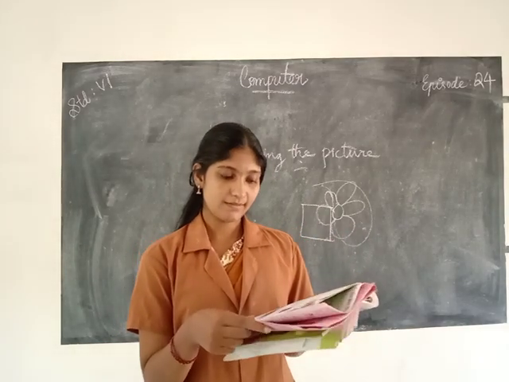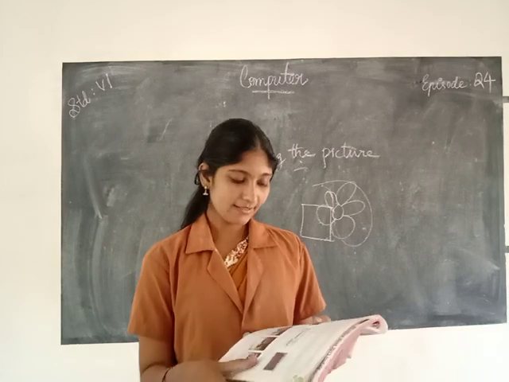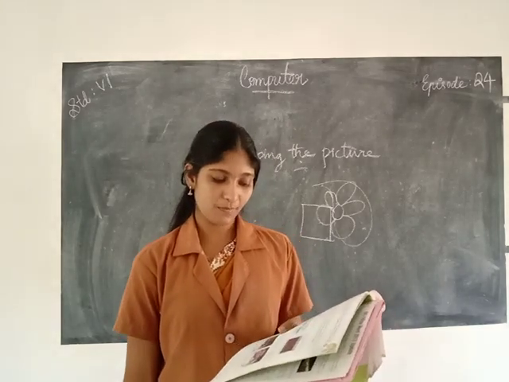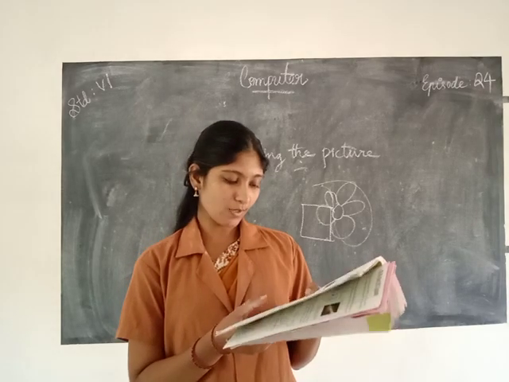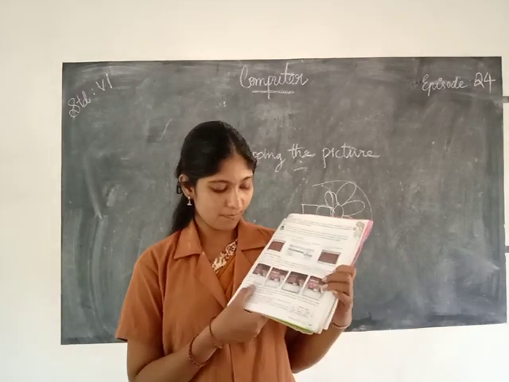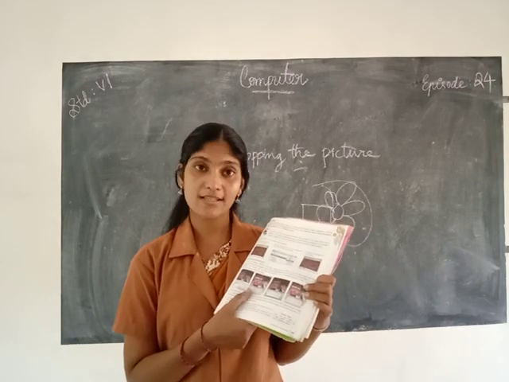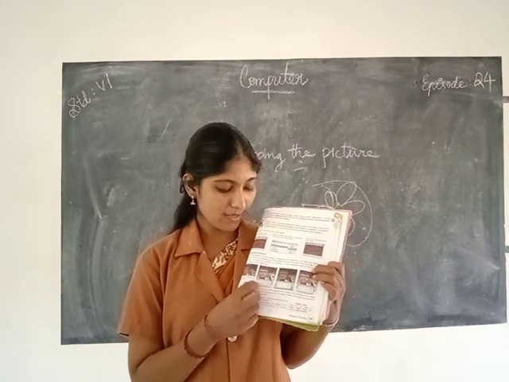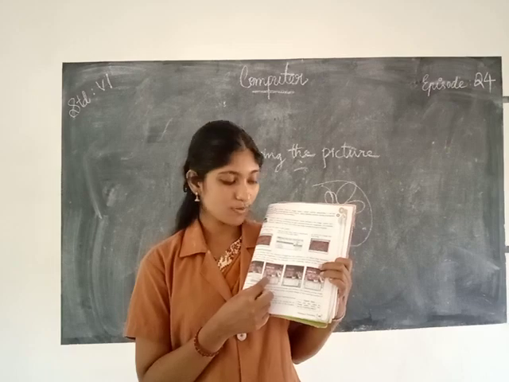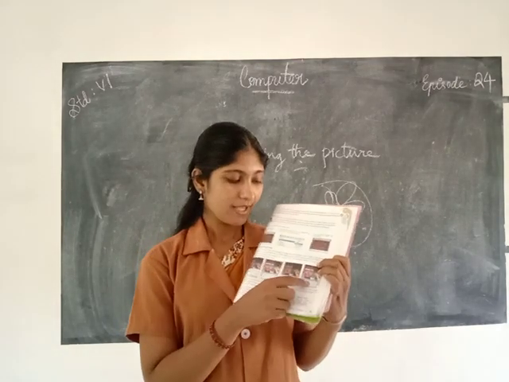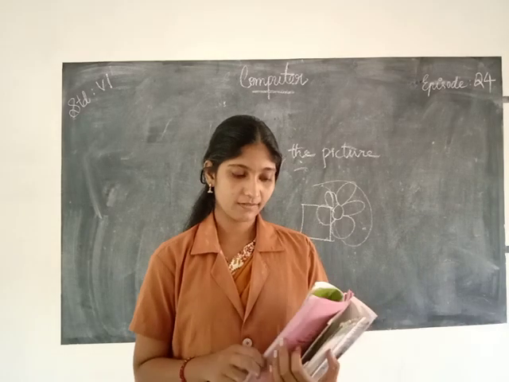Then you can increase the contrast or brightness of an image. So here is the option and this is the original picture. Then a dialog box appears for setting or adjusting the brightness and contrast. So you can move the slider from left side to right side. So you can increase the brightness or contrast and then click OK.